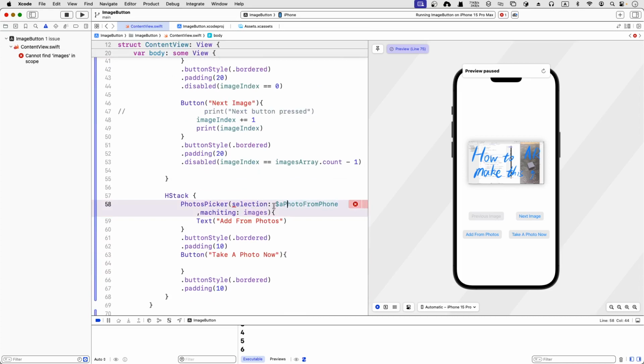So every time you select it, you can safely bind it. So the selection will be a photo from phone. Cannot find images in scope. Yeah, let's solve this problem as well. So I think .images,